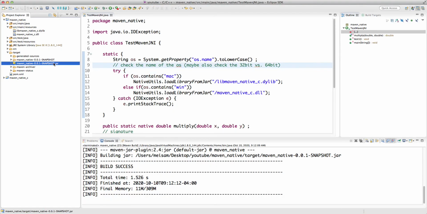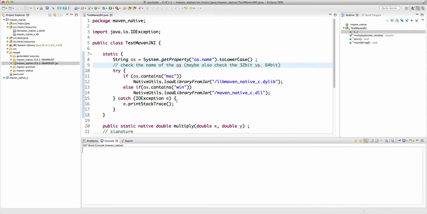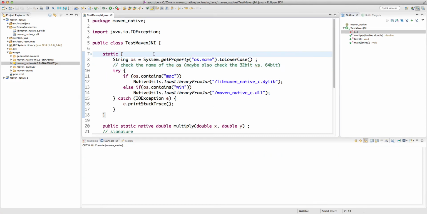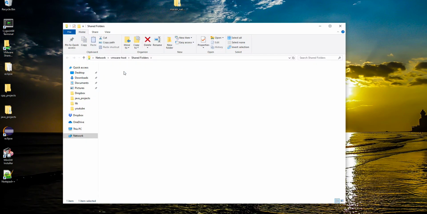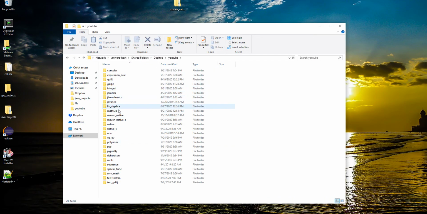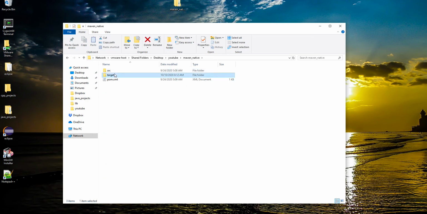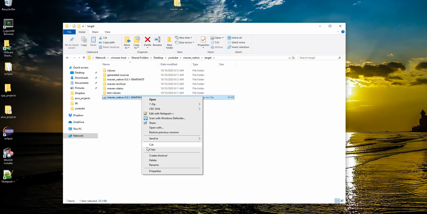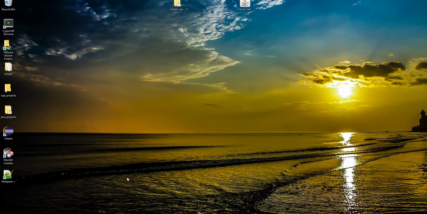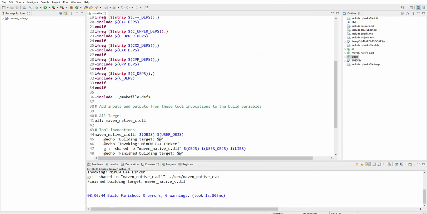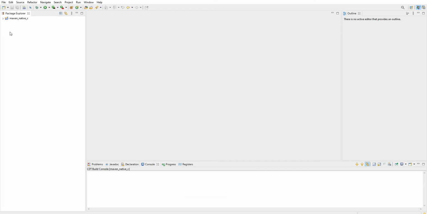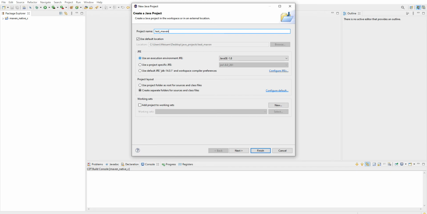So this jar file is now multi-platform, which means it should be able to work on Mac OS and a 64-bit Windows JVM. So let's test it. Let's go back to Windows and go to our desktop, and then go to Maven native, and in the target we have our jar file. Let's copy and paste it on the desktop, and then go to our Eclipse, go to the Java perspective, and maybe create a new Java project, test Maven native,